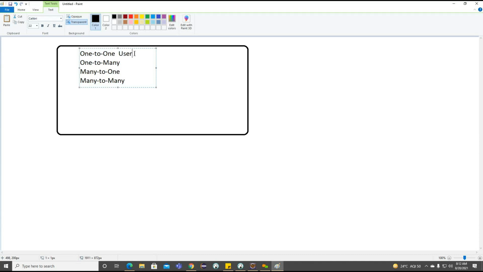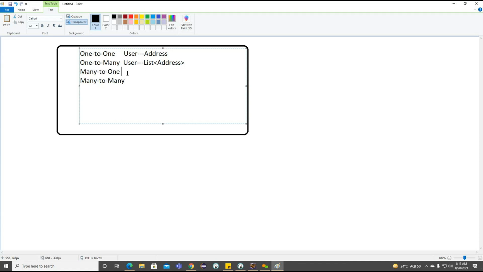So for example here, user is connected to the address. Getting the point. So user is connected to the address here. So this is where we will have one user, one address. One user and one address. So for example, one to many. Now here, if you focus here, for one to many, here we are going to have list of address. So for one user, it may contain multiple address here. Multiple address here. Getting the point. So this is one to many association here.